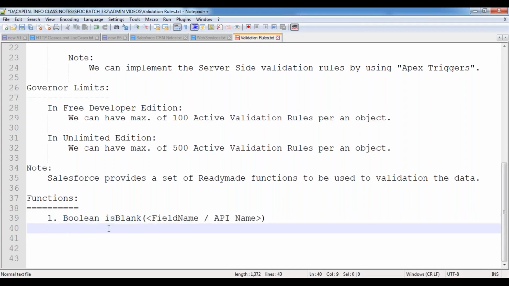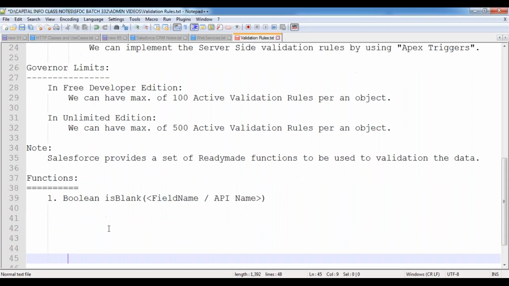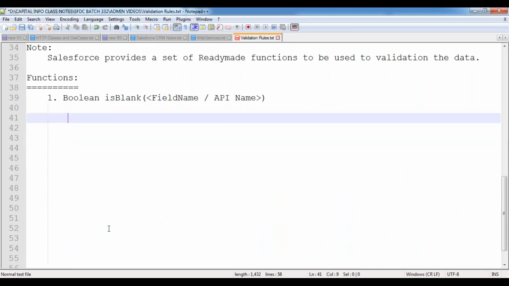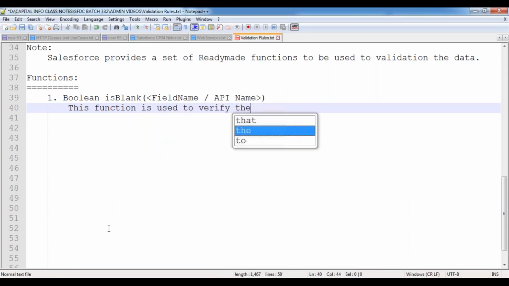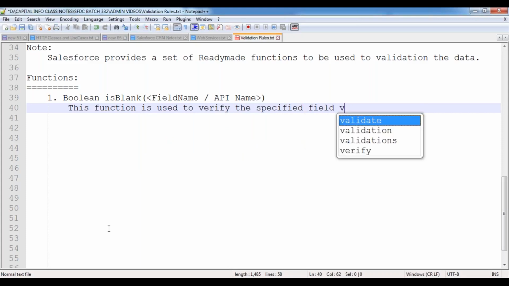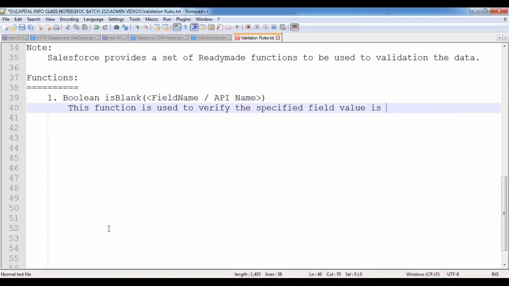Okay, now let me explain this. This function is used to verify whether the specified field value is empty or not.